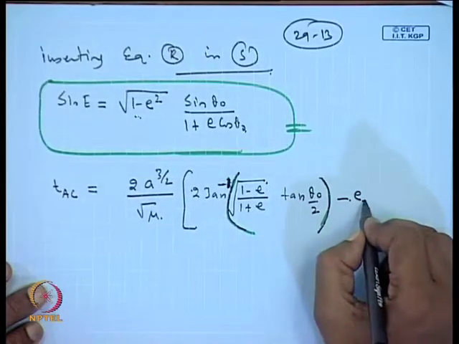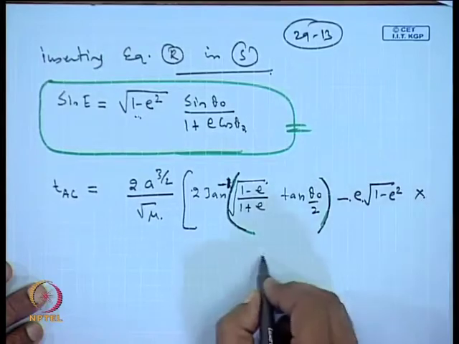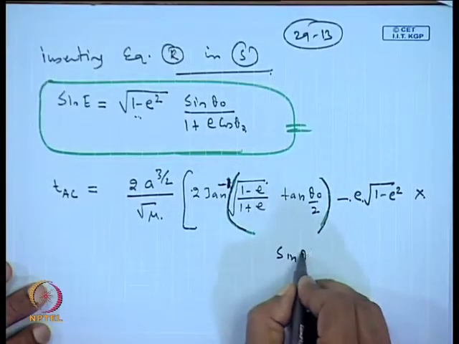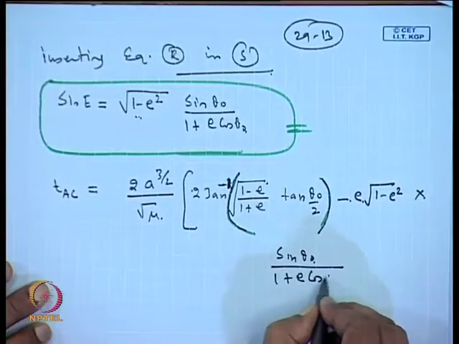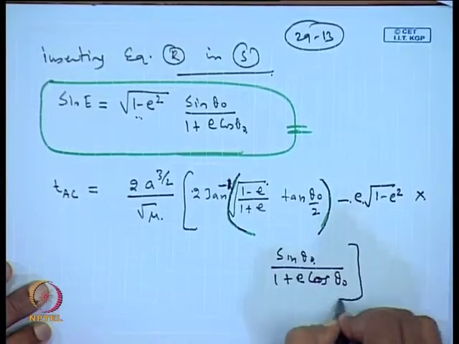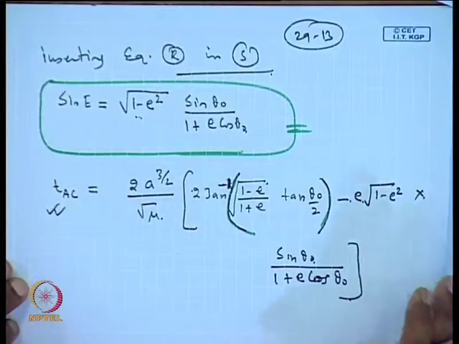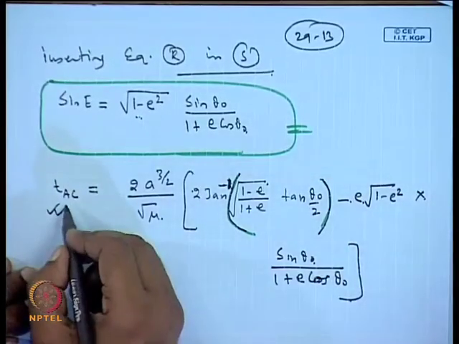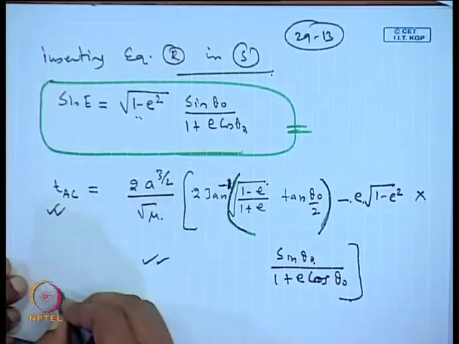So, E times 1 minus E square under root times sin theta 0 divided by 1 plus E cos theta 0. Okay, so, this gives you the time of transfer